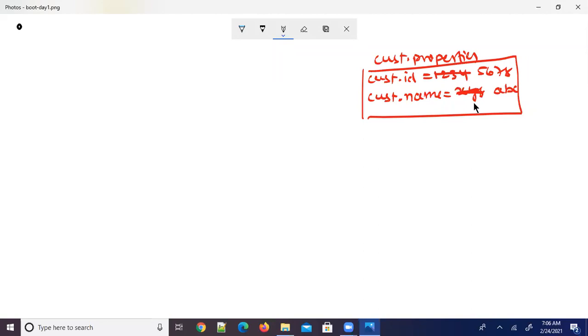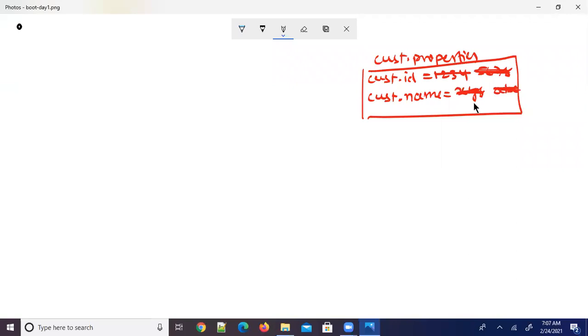For that, I need to explain the concept of class loaders in Spring Boot applications. So cust.id I can change here, and cust.name I can change here. If you want to modify again, you can modify the properties file, with no need to touch the source code.